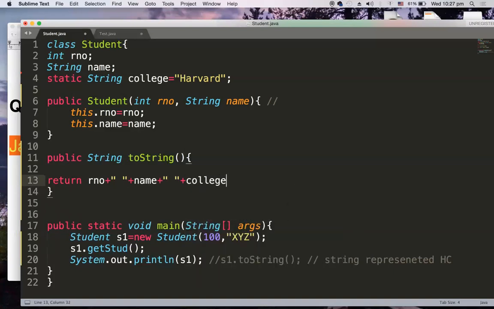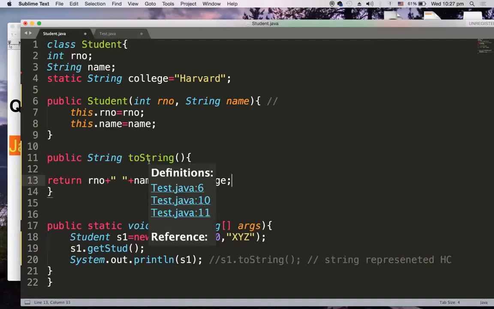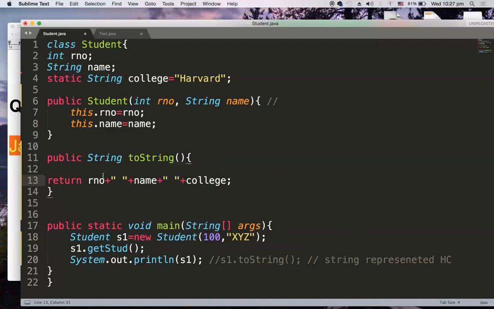Okay, so this is what your getter method is doing, right? Now the same thing I am writing as a return statement in toString, because toString returns a string. So now I am making up a string. Roll number plus space will become a string, this plus name will become a string, and this plus college will become a string.